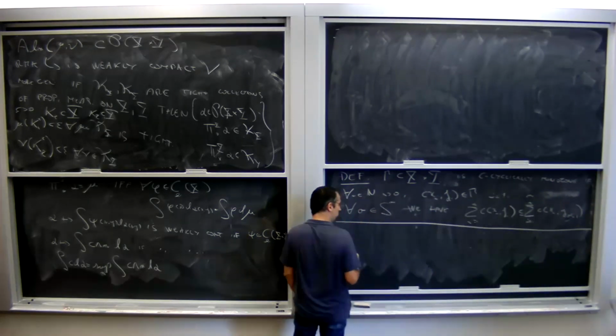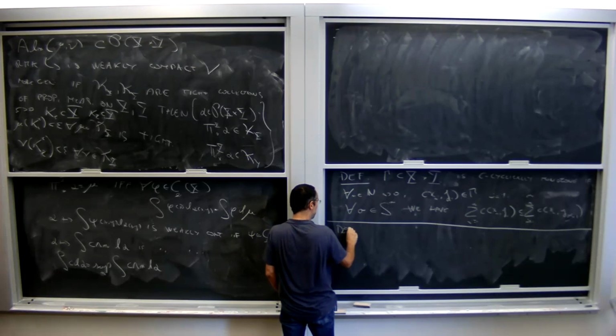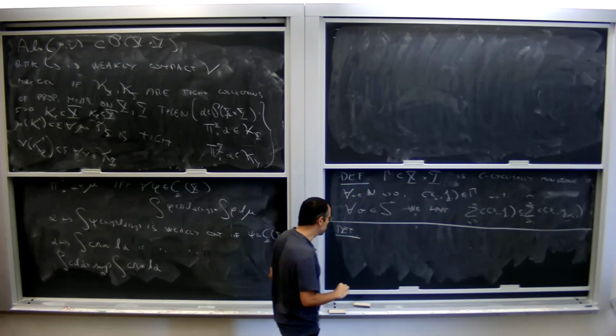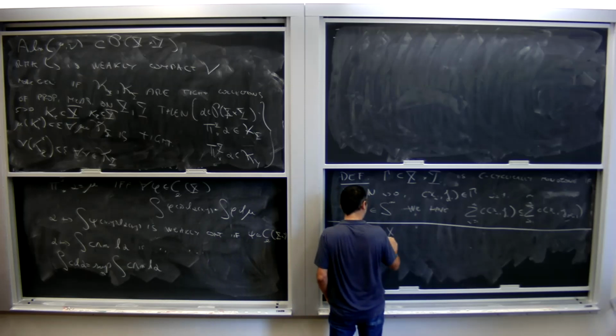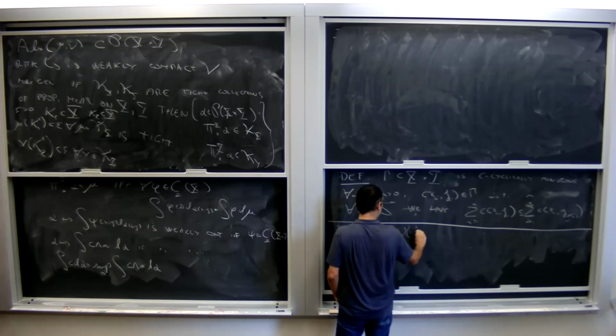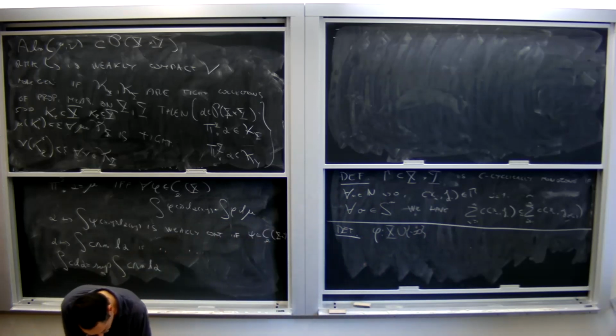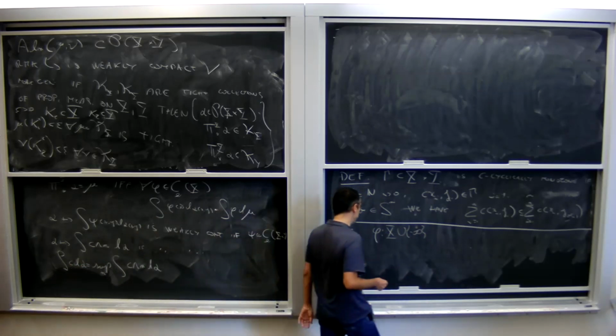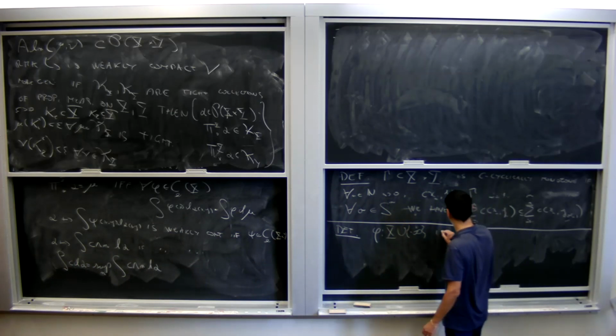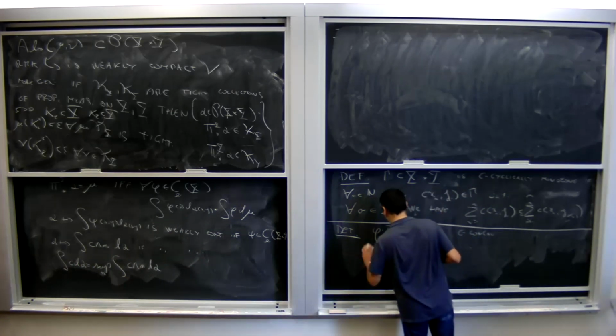A couple of other definitions are the following. A function phi from X, possibly, I never remember, so here I should pay a little bit of attention, I should be sure that minus infinity should be included. Okay, well, anyway. A priori also plus infinity. So this is c-concave. Actually, let me do this.